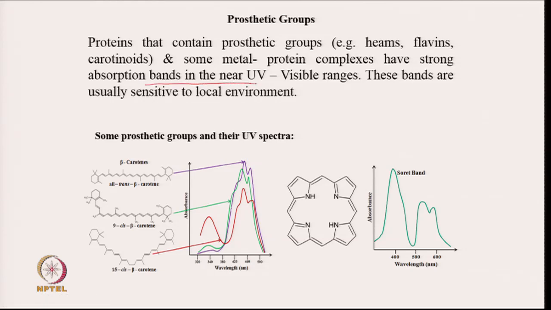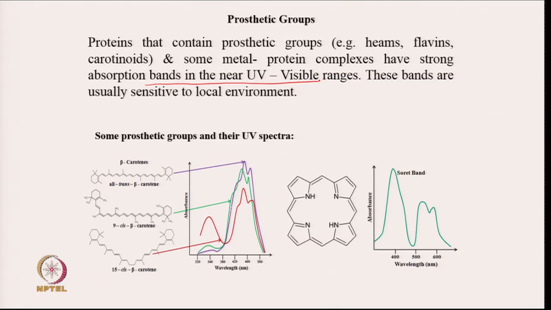They may have absorption bands in near UV visible regions, and these bands are usually sensitive to local environment, and so we can look at even the effect of environment by looking at the